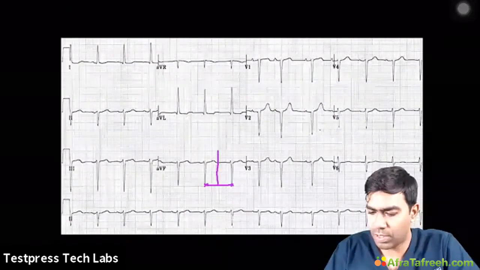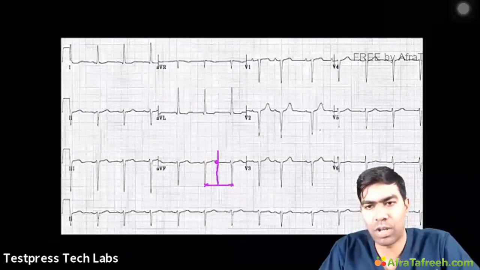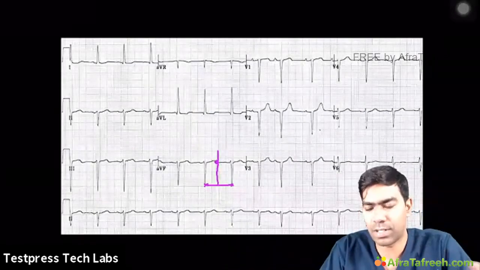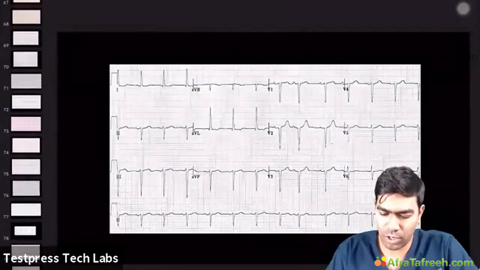And definitely, however much I draw closer to it, it is going to fall before this midpoint only. It cannot be falling after the midpoint. 100% it is not a long QT. But the original long QT that we saw here,